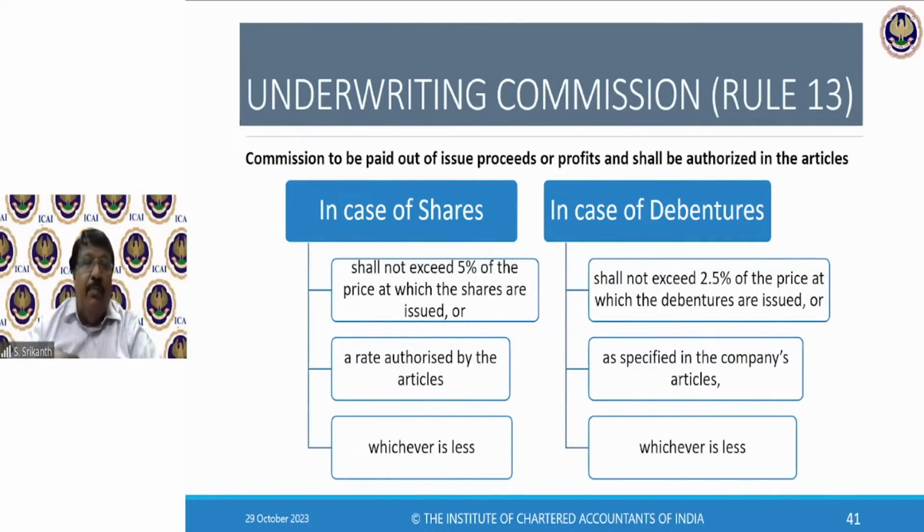So can I protect myself? Yes, I can. How? By approaching a broker or a person called an underwriter. Now this underwriter will take my shares in case the issue is undersubscribed, in case applications are not received for the entire issue. To the extent the shares are not applied for, it is called devolvement.